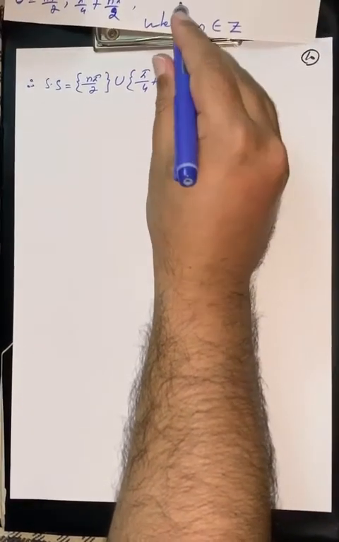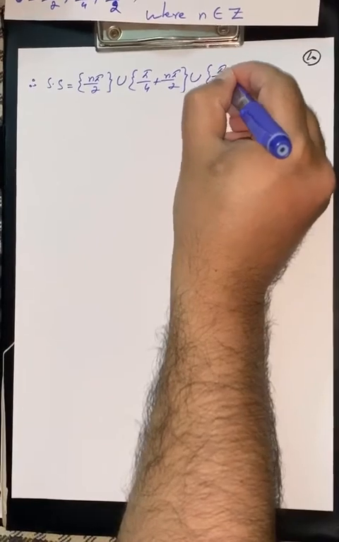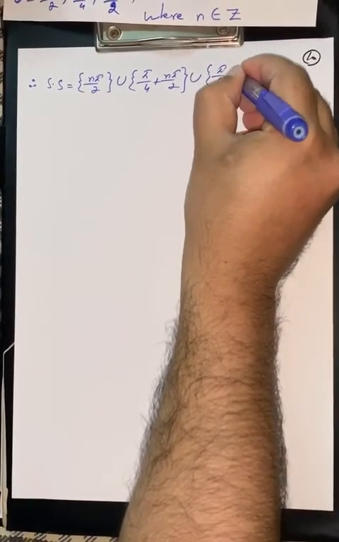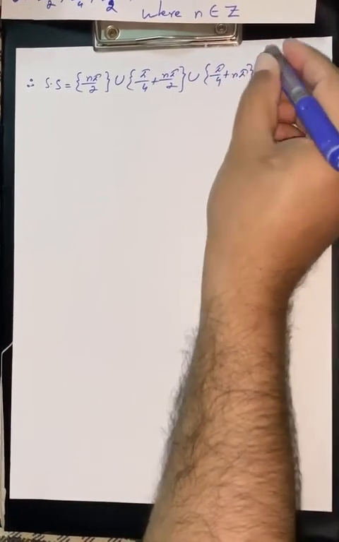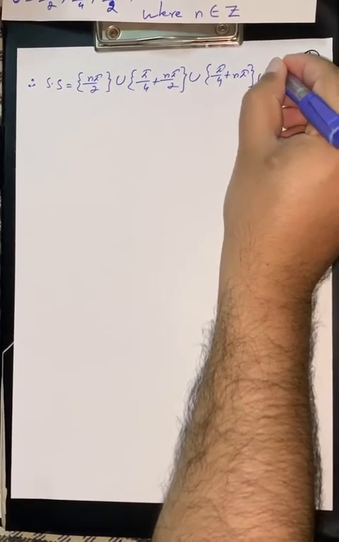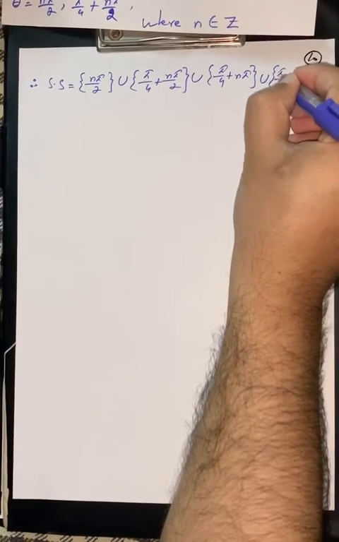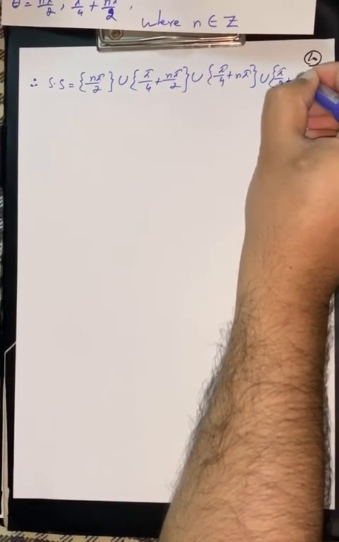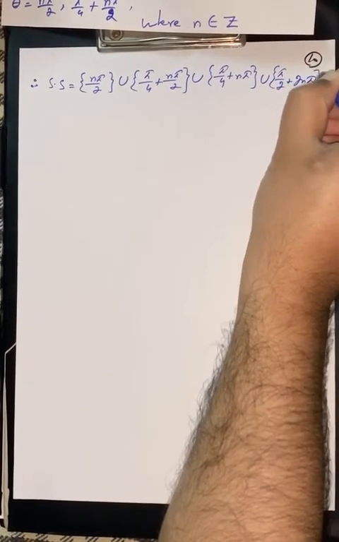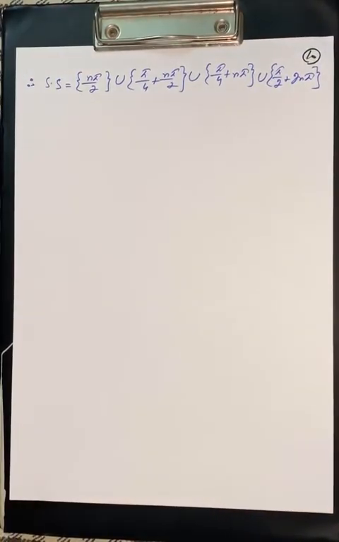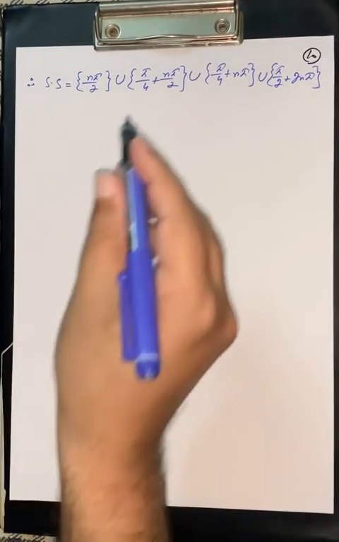Now next we have pi by 4 plus n pi and union. The last one we have pi by 2 plus 2n pi. Here that is my solution, and that is the end of your question number